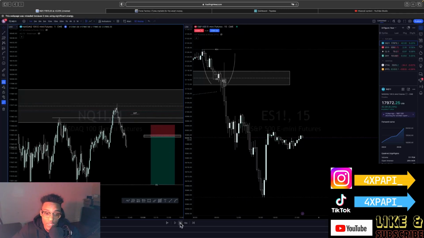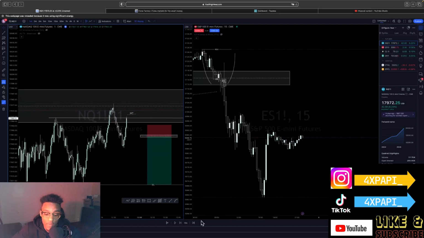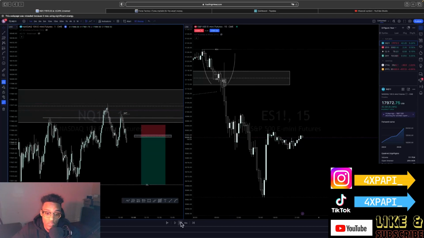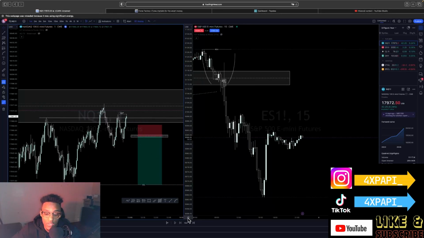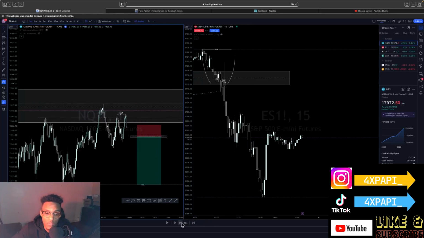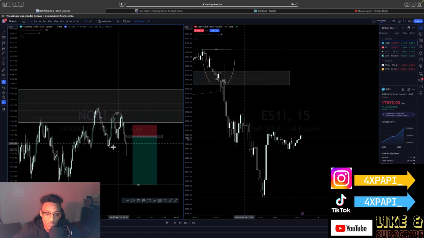We do end up getting this sweep here, and then now all we need to wait for is the market structure shift, which we create an SMT right here. As I'm watching this, I'm like, okay, first displacement candle with the SMT. We understand that the draw is lower. This is where I'd want to get in. That's the aggressive entry. Market structure shift here.